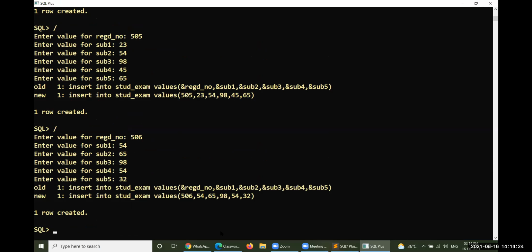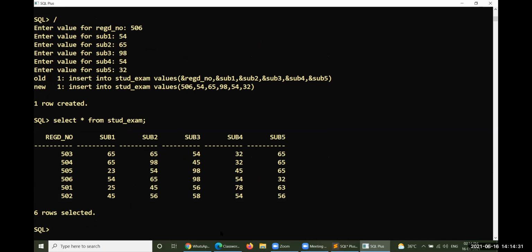Okay, however, select everything from STUD underscore exam. Let us consider these are the values. Now, the point which we'd like to consider here is, you have to calculate the total, average and grade of each and every student based on this data. After calculating all those, you have to push the data to STUD underscore grade. Okay, so that is the point.